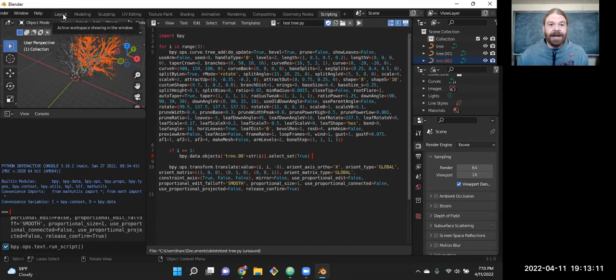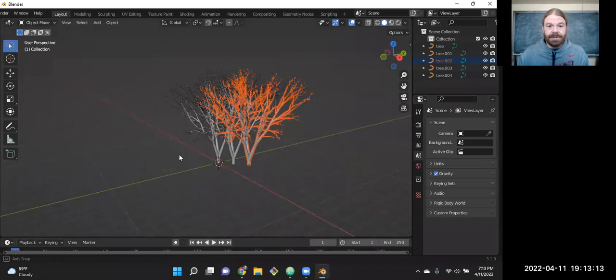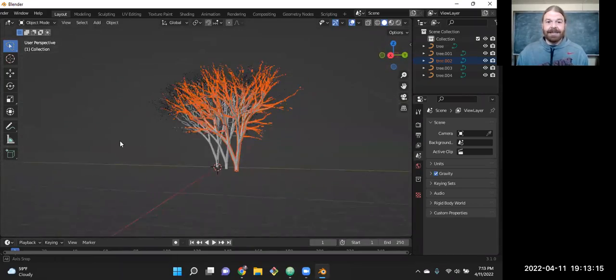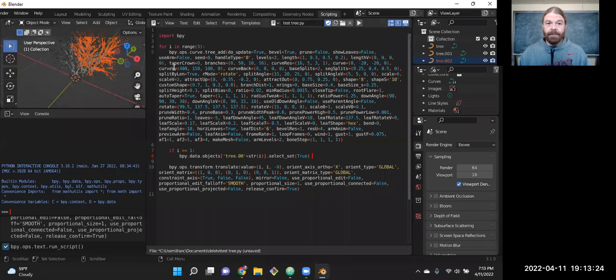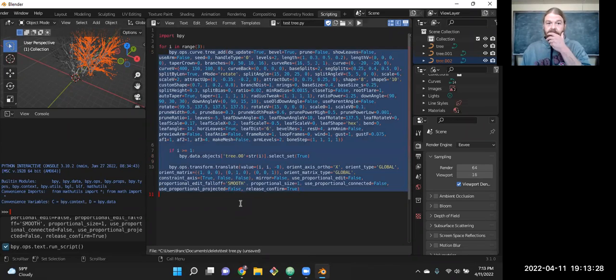Now, if we go back over in layout mode, you see that gave us 3 trees right in a row. So expanding that loop will give us a quick way to fill out a background. And what's more, most of that stuff came from inserting the object.